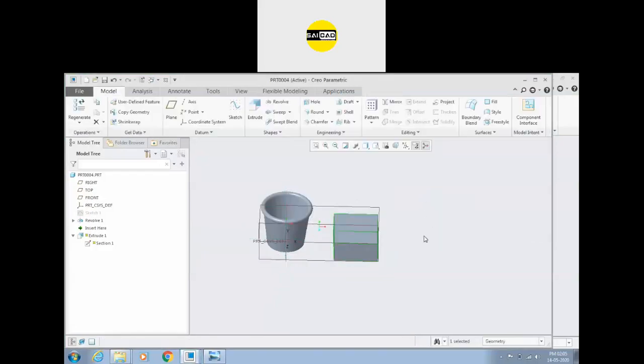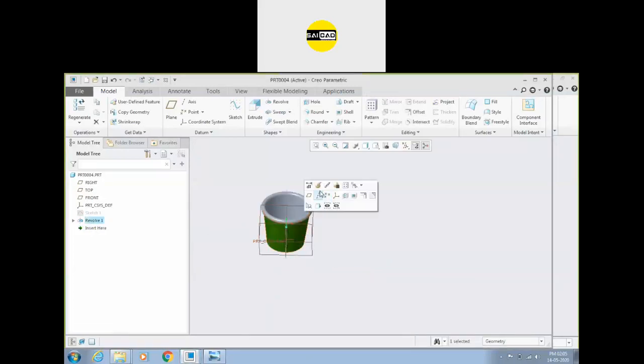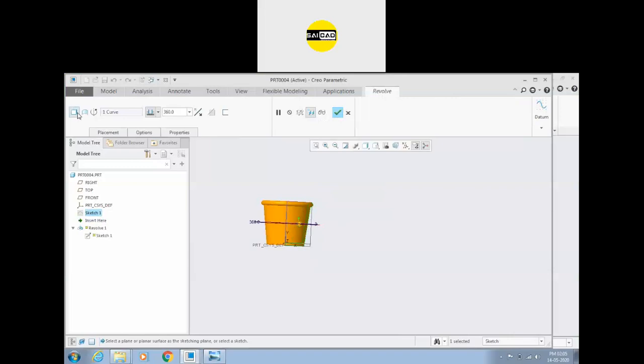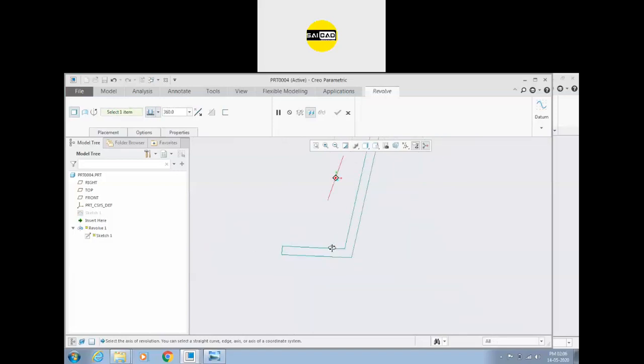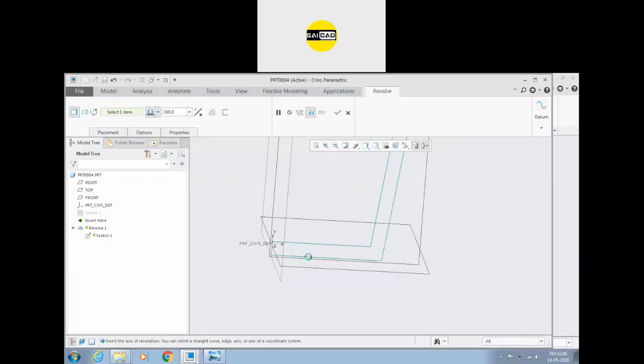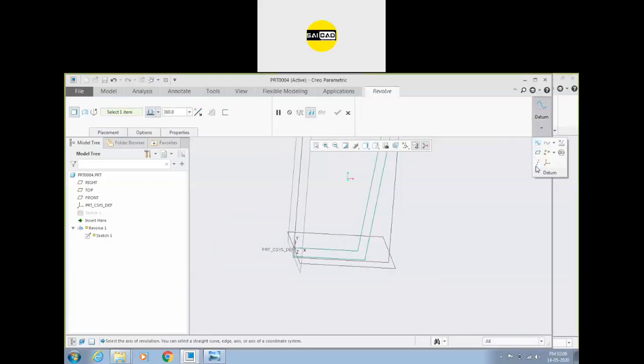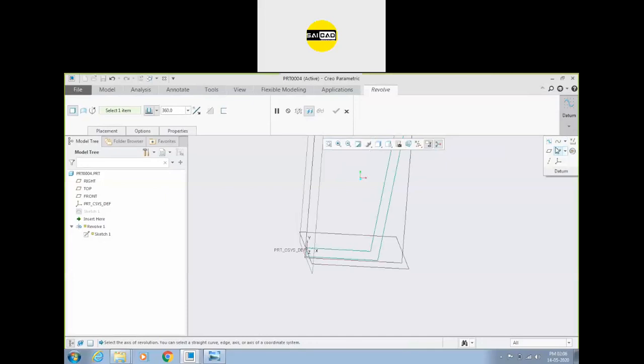Okay, so we have some options in the revolve. Go to the edit. First again we have solid, we have the surface option, then we have the rotation option. We can change the axis of revolution from here. Simply right click, remove, and select another axis. I can revolve it around this axis. If you are not able to select the axis like this, you can create it from here also, from the datums. Datums will be covered in the fifth or sixth lecture.